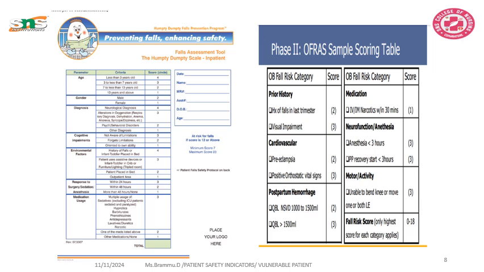And this is the OFRA scale, which is used for obstetric cases, pregnant mothers. In this, they assess the past history, whether there was any fall in the last trimester, visual impairments, cardiovascular problems, especially screening for any preeclampsia, postpartum hemorrhages in the postpartum period, any medications, whether the patient is receiving IM, IV, narcotics within 30 minutes, neurofunction and anesthesia, and motor activity.